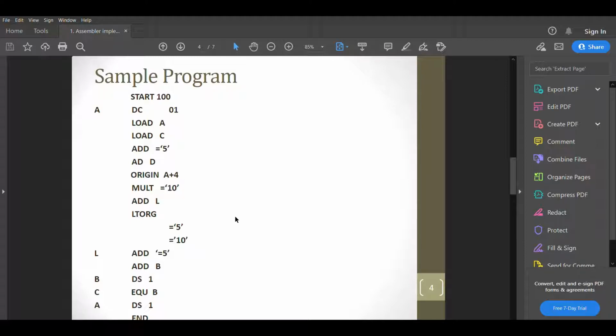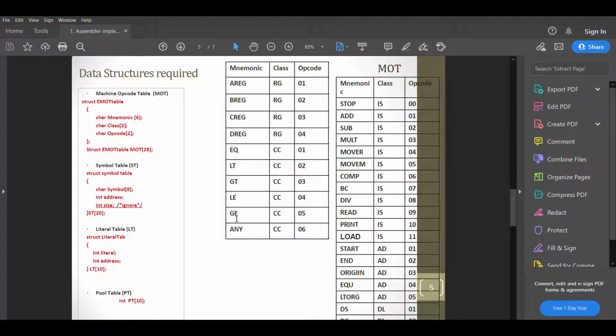Symbol table, literal table, pool table, and see there is a MOT table, the mnemonics, this is the class, and this is the opcode. I see imperative statements, AD assembler directive, DL declaration. Then these are the opcode values.